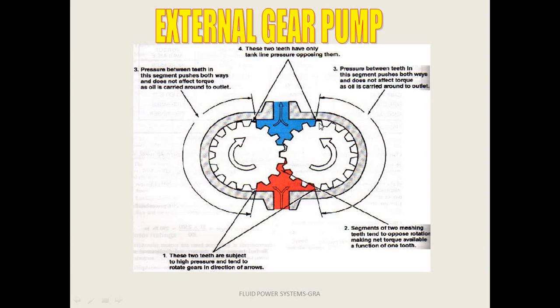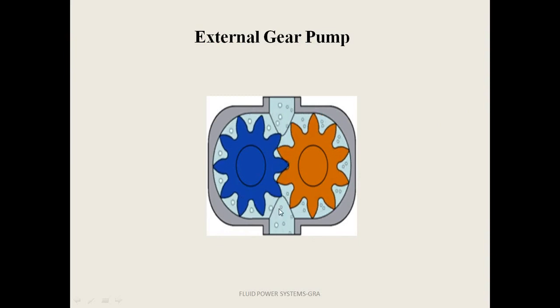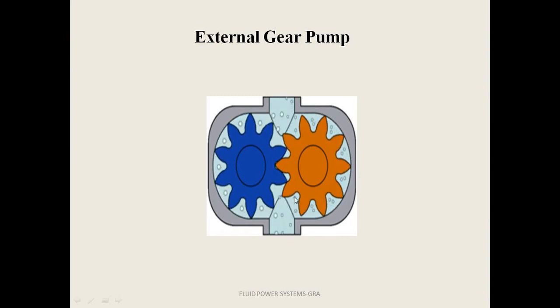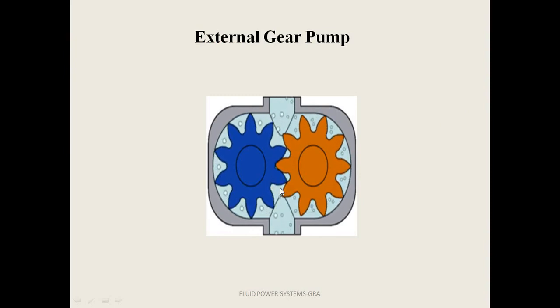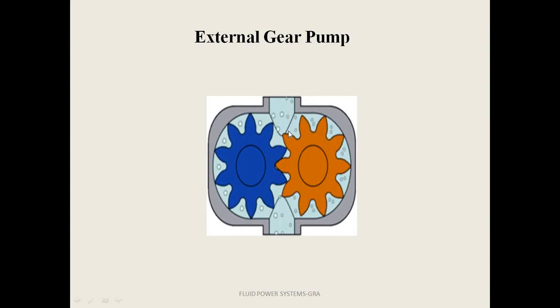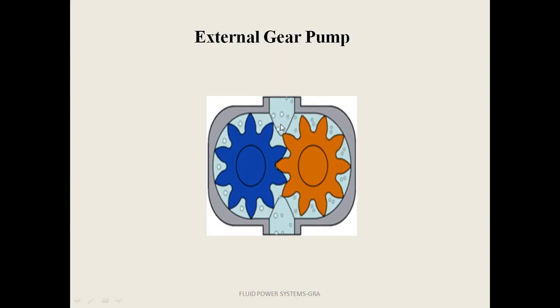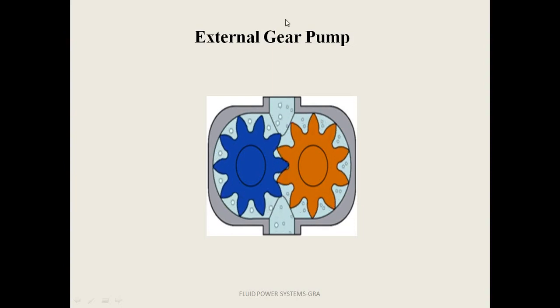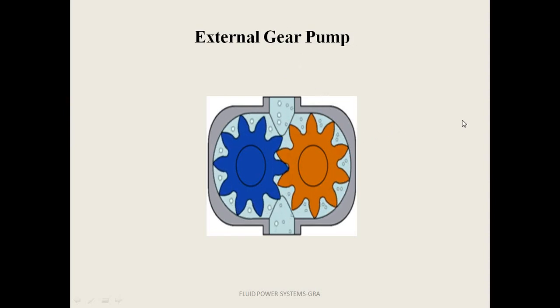So now let us go through an animation or a GIF to see how exactly a gear pump works. Right. So here you can just observe. At this point, gears are going out of mesh, volume is increased, so pressure is going to decrease, fluid will be taken in, it goes through the annular spacing, gets compressed, and here once again gears are coming into mesh, volume is decreasing and pressure increases, and because of this the high pressure fluid will be expelled out of the discharge port. Right? So this is the simple working of an external gear pump.